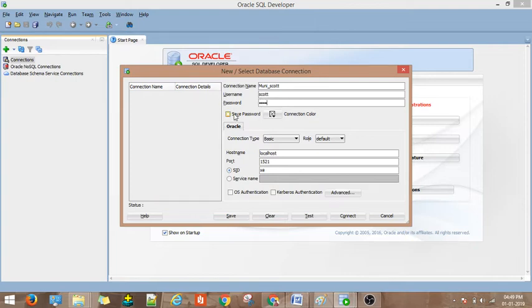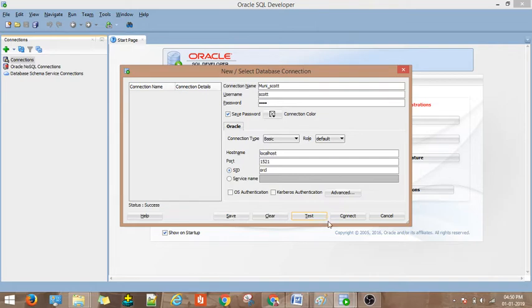In case you want to save, click on the save button and then go to host name. Leave the host name as is and the port as is, and the SID you need to change. While installing the Oracle software we gave some SID, so I have given ORC here. Once you fill in the required details, go to test, click on test. Yeah, it was a success.